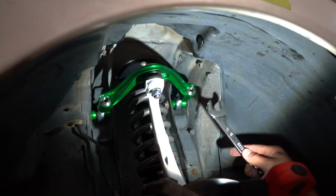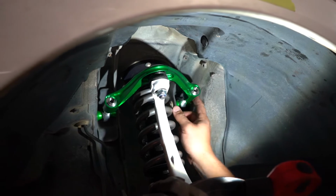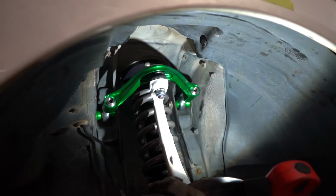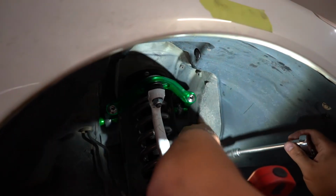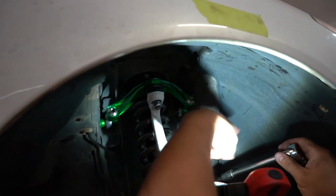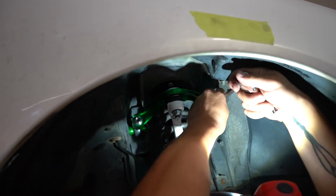Okay, so you're gonna take your 15/16 wrench and loosen the jam nut, back it off, and if you wanna add camber, you're gonna turn it righty-tighty. So as you can see on here, it says add camber, remove camber. So we're gonna add a bit of camber, a couple of turns,